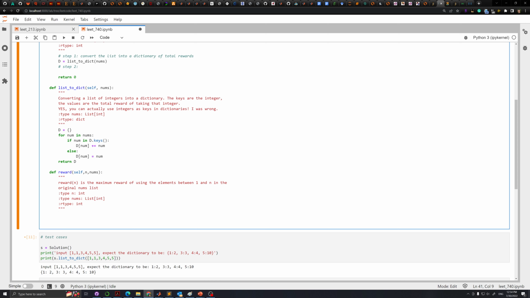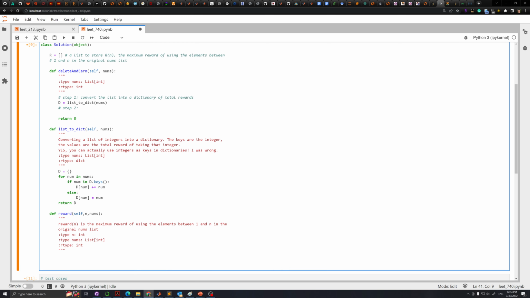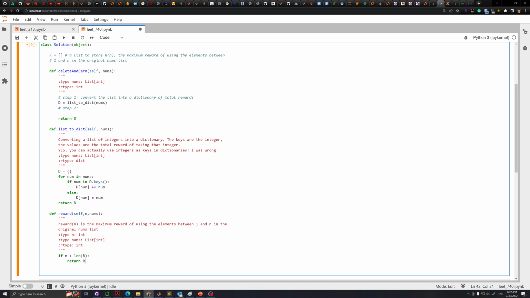Right. So the first thing we do is look up whether it's already in there, then we just read it off. If n is smaller than the length of r, we're just going to look it up and return r of n minus 1. Else,